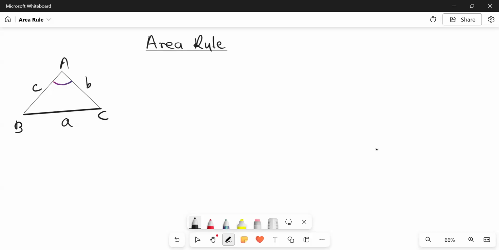We call this an included angle because now we have two sides surrounding the angle, right? Or you have an angle between two sides labeled A and B. So hence we are saying A is our included angle, right? Now we're looking for the area of this triangle, given that A is an included angle. So we have to say the area of triangle